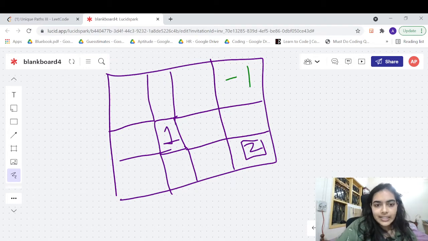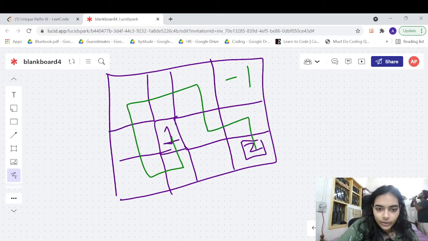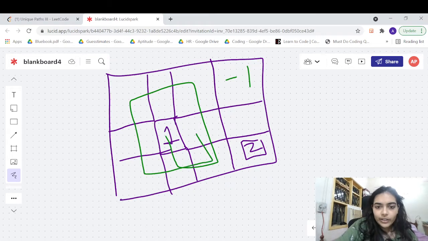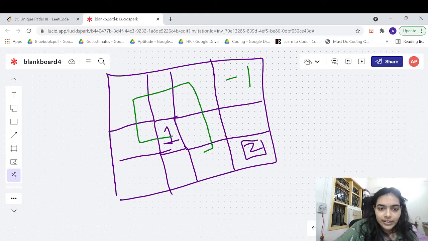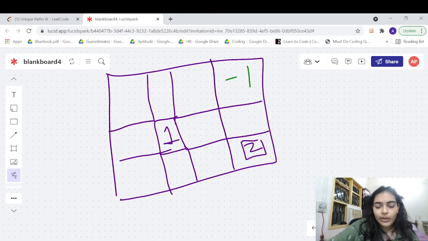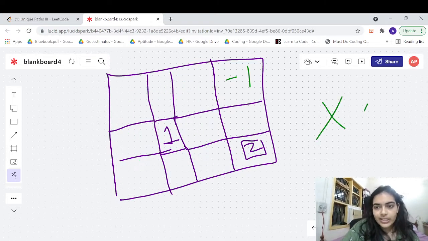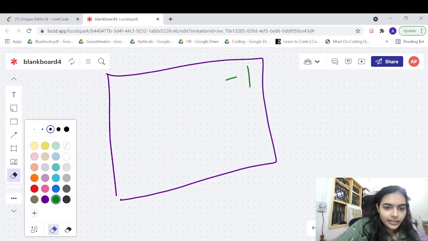Now in this case, is it possible to visit the path? See, in this case, if you try listing down, you will not be able to cover all the squares, right? Because if you try covering, you will be stuck in a loop. You will not be able to cover all the possible squares. You cannot repeat on the path again, right? So in this case, the answer will be 0. Okay. Let's try to take some other example.